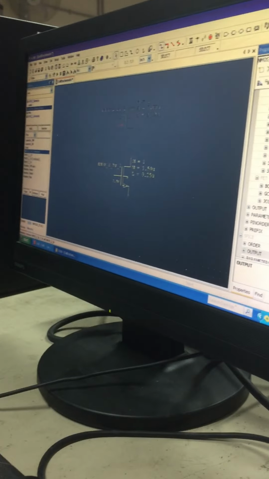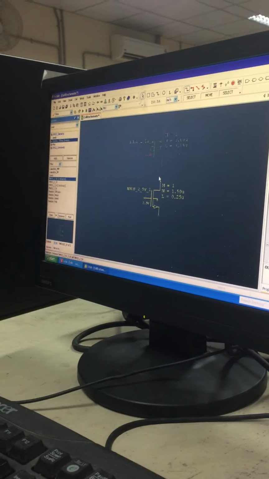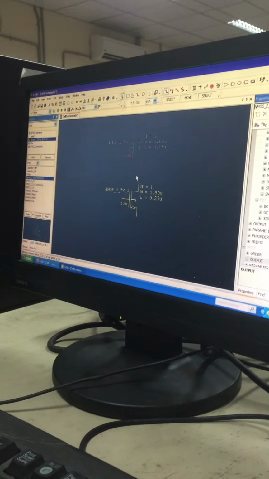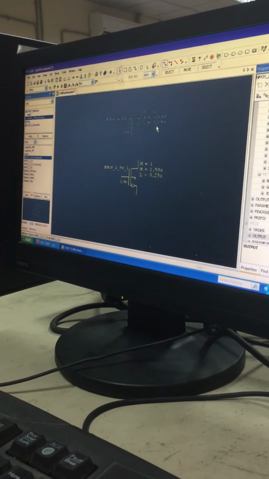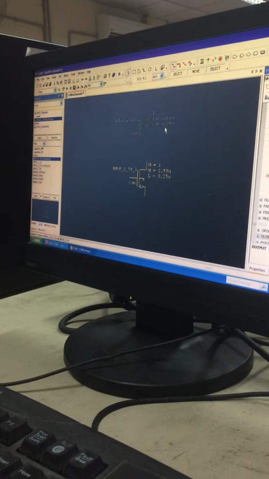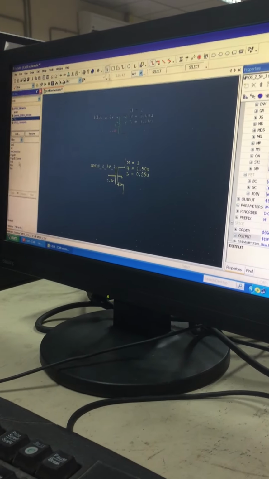You need a supply, you need a ground, and apart from that, you should know how much supply you are giving, you have to define, and similarly where you give the input voltage, where you are going to see the output voltage, so you have to fix it. So for an inverter you have only one PMOS and one NMOS. Okay, and after that you go to miscellaneous, you have VDD